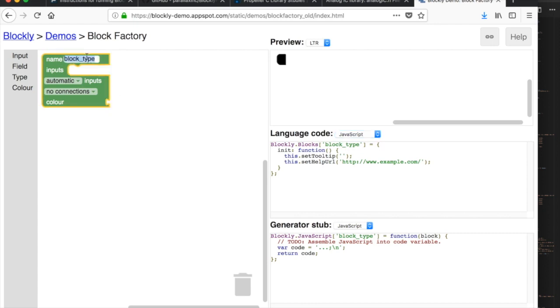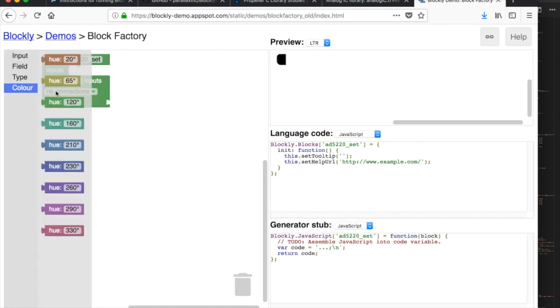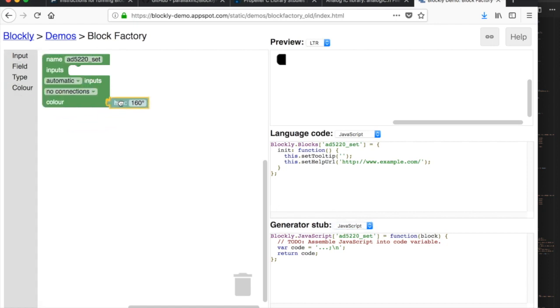So we're going to give this the same name, 82522 set. You'll see that I put it right here. And we leave JavaScript for the generator stub because it's actually pretty similar to C. It's not terribly different. Let's go ahead and give this block a color. I know that most of the A to D functions are kind of in that vicinity. And the set color,